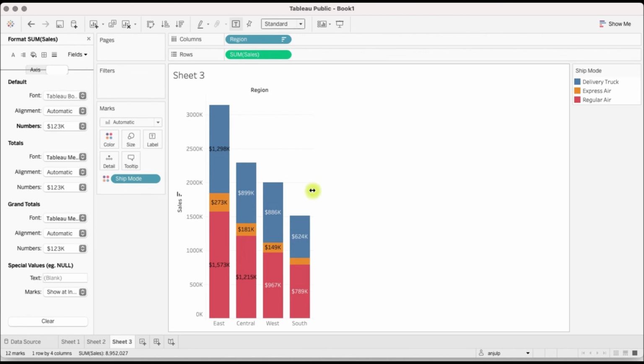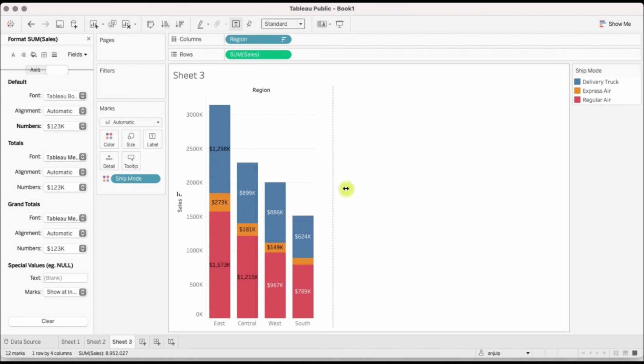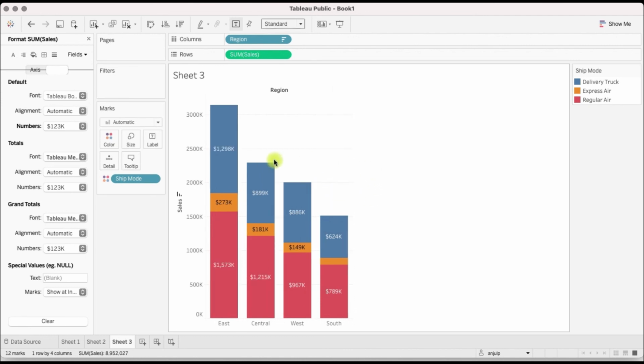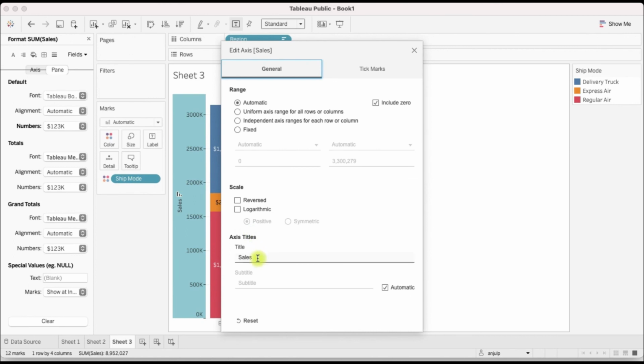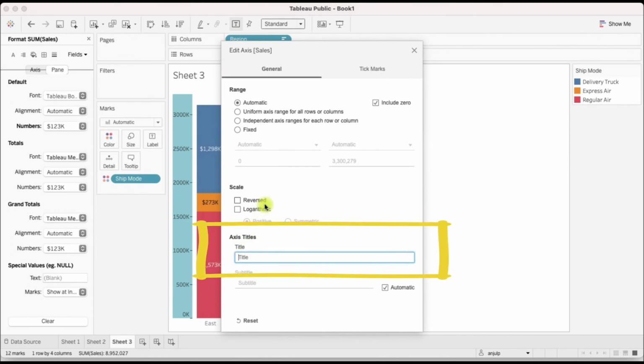You can slightly increase the width, right? You can edit the name of the axis. Just go here and click on edit axis. You can change the title or remove the title altogether. Go here.